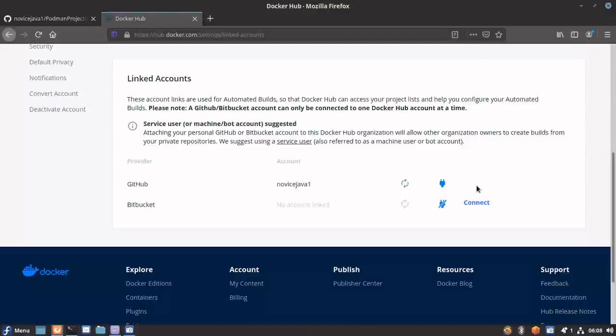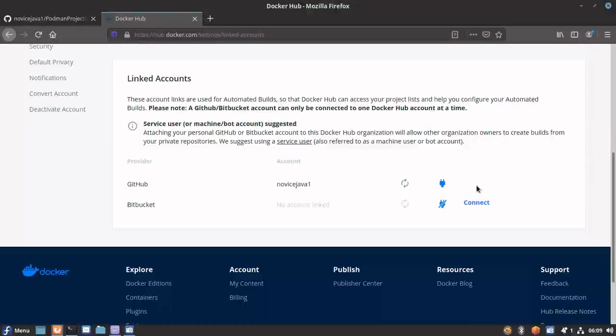It takes you to the authorization page of GitHub, which asks whether you want to allow Docker Hub to access your GitHub repository. You need to accept that and go ahead.